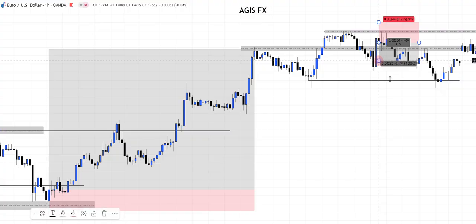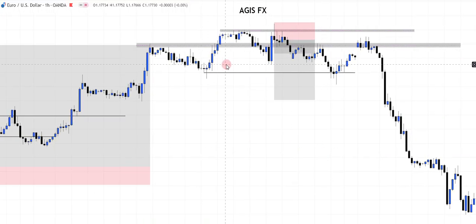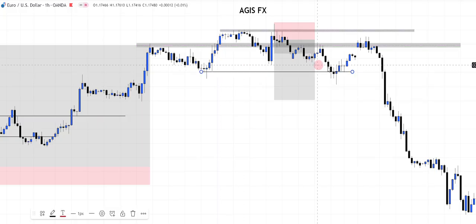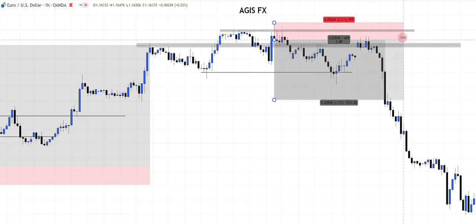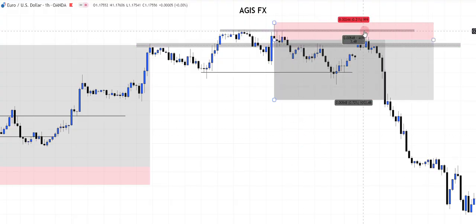Okay, so this is what price does. It comes below this level. It gives us a bearish candle and a bullish candle. For us to understand that price has fully broken the structure, we need at least two bearish candles. But we only had one bearish candle, then a bullish candle, meaning it's coming back to grab more orders around here. All right, so if you see, it came back to this zone, grabbed more orders, and around here